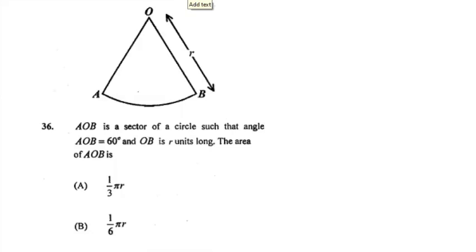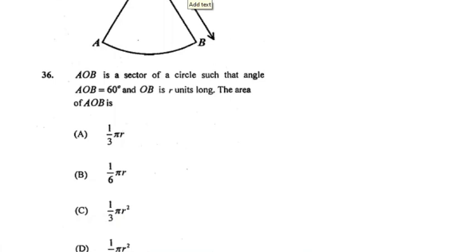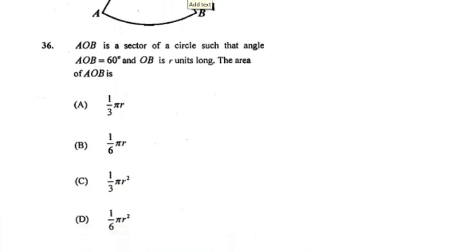The area of AOB, the formula is angle divided by 360 multiplied by pi multiplied by r squared. So always remember that the r is squared, as a common mistake that students make is not squaring the r, and they will put B as the answer. Because remember, you will simplify the 60 upon 360 to get 1 upon 6, as 60 into itself goes 1 time, 60 into 360 goes 6 times, so I'll get 1 upon 6 multiplied by pi multiplied by r squared. So our answer is D, but students tend to make the mistake of not remembering that the r is squared,